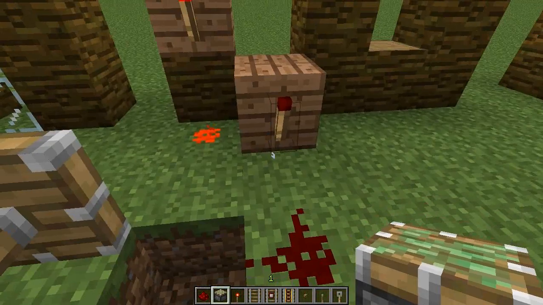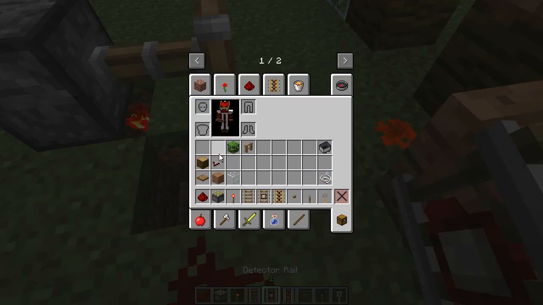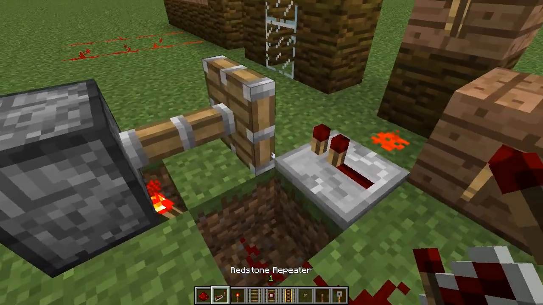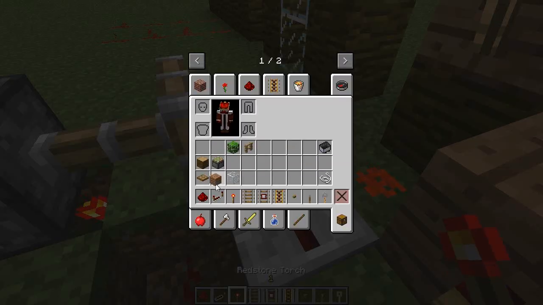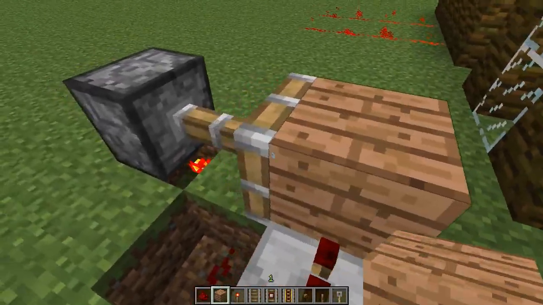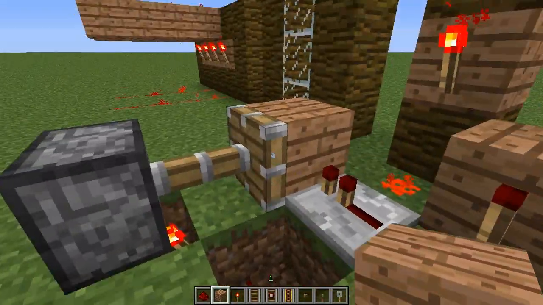On this block next to the torch here, you want to get out your redstone repeater and then face it towards the sticky piston like that. You want to put a block on the sticky bit of the piston like that, so it will retract and